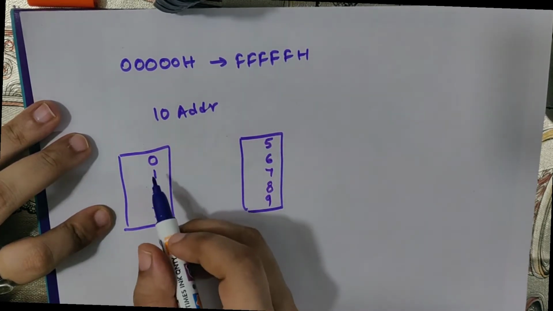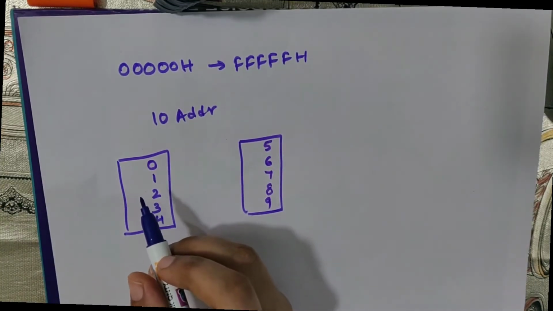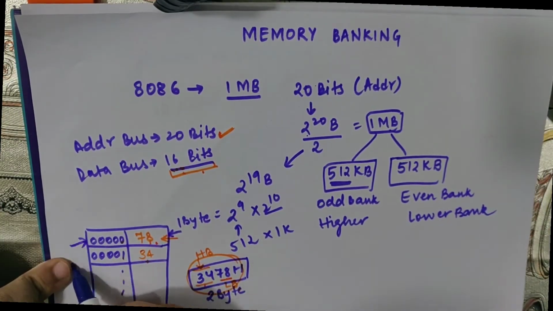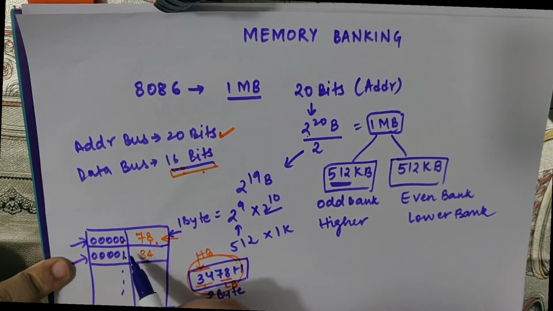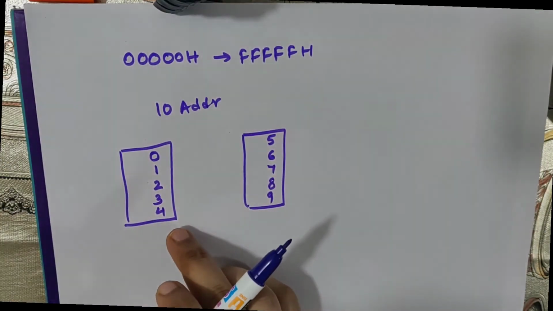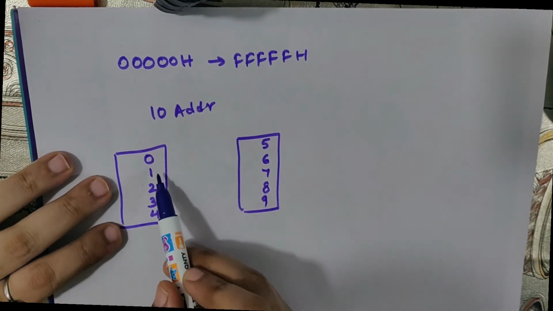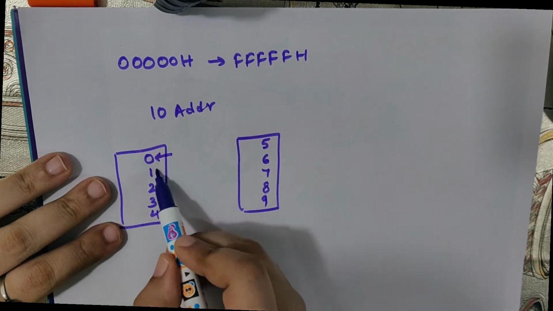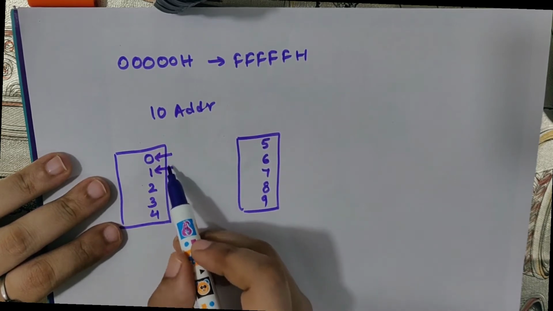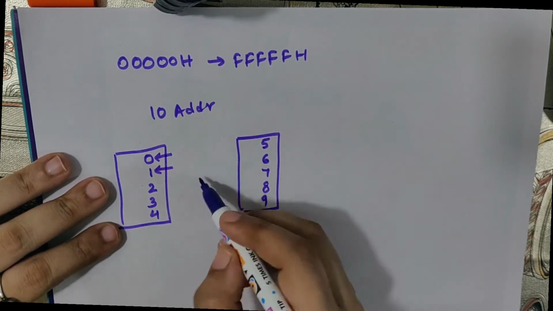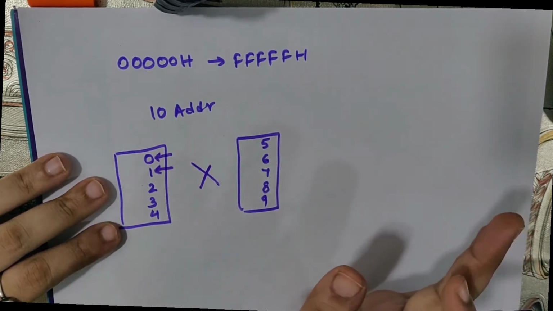Now as we have seen here, our data was stored at locations 0 and 1. I want to access both of these locations together. If I arrange the addresses in the chips in this way, then address numbers 0 and 1, which are two consecutive addresses, are in the same chip, so I cannot access them together. So this kind of arrangement is not possible.